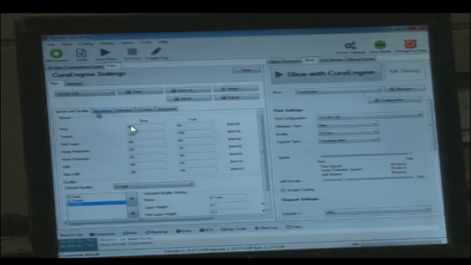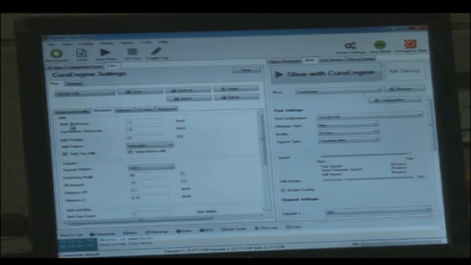While deciding these different parameters in speed and quality, print, travel, I'll just discuss this. Also the automatic setting is there in the software as well. So speed and quality are interrelated. We don't want to waste the material, and we don't want to lose time, because that would increase the cost. If we lose the material, that will also induce some cost.